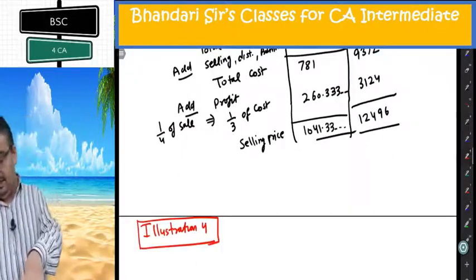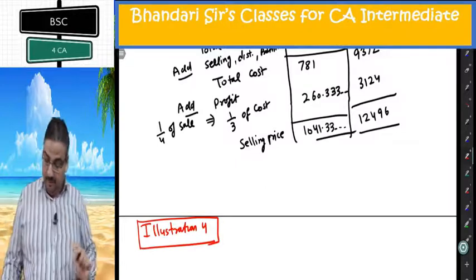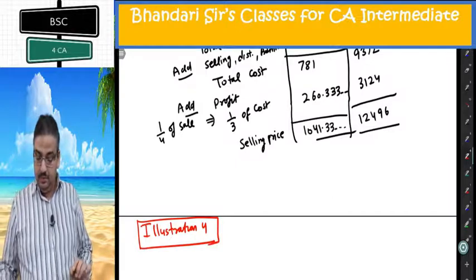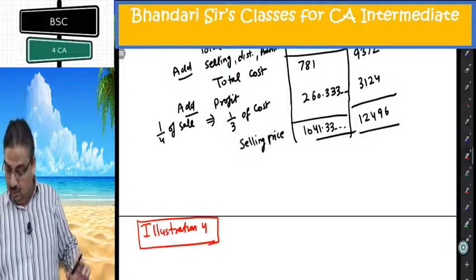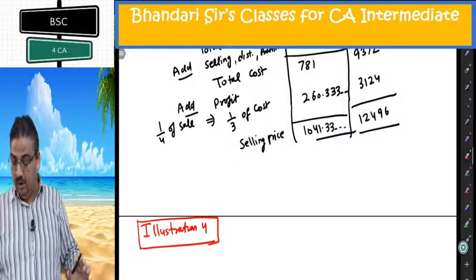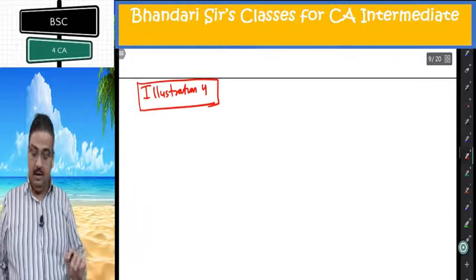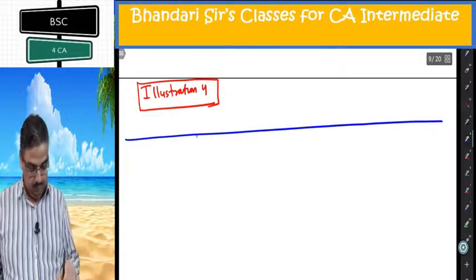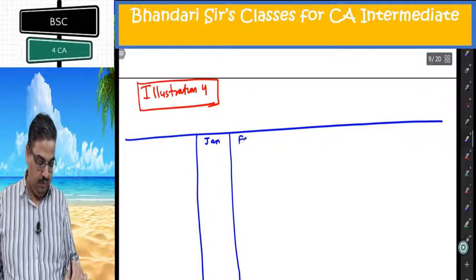The next one is illustration number 4. Again, what I need to calculate, I need to get some profit month wise in the question. From January to June, you are given some detail of batches which are produced. I need to calculate the profit for every batch, profit per unit for every batch, and overall position of 1200 batches. So I need to create it month by month. I need to create a table monthly and aggregate also. So 7 amount columns: